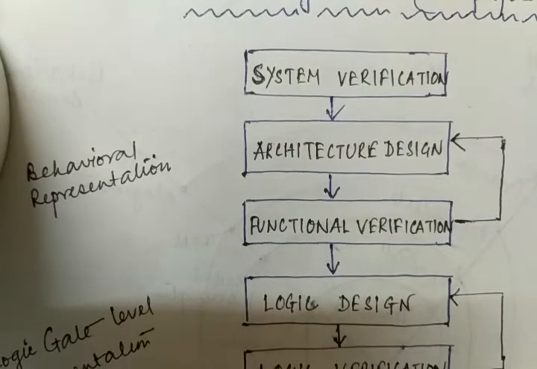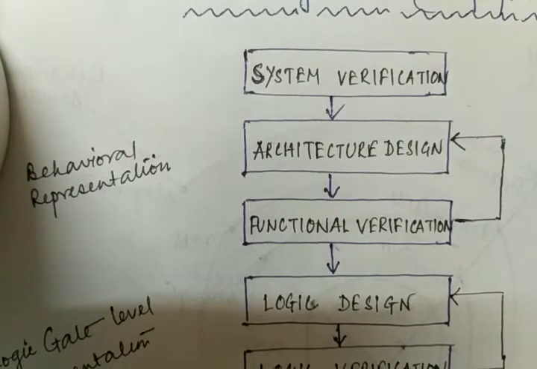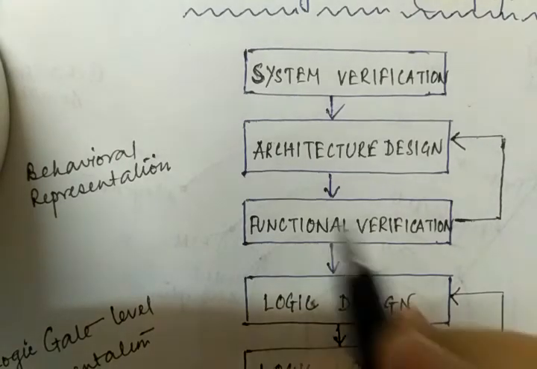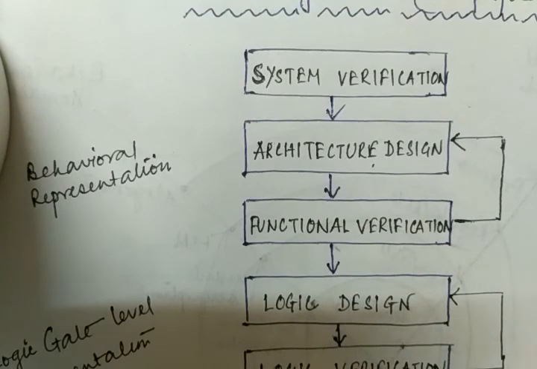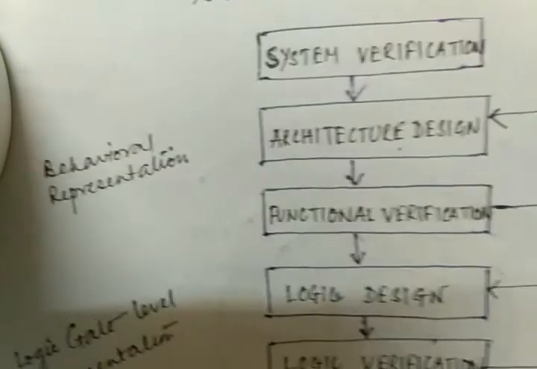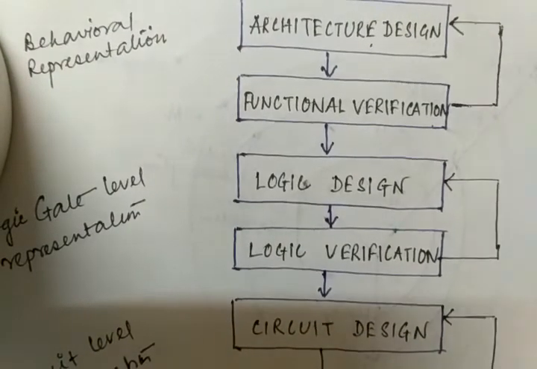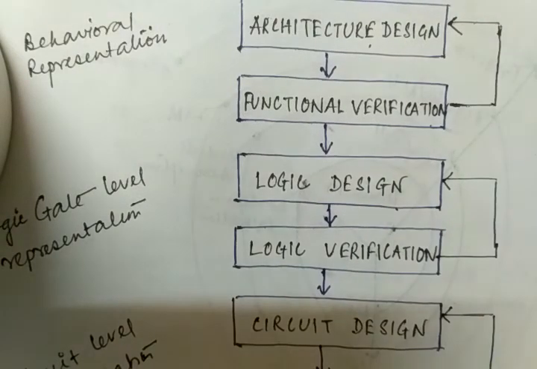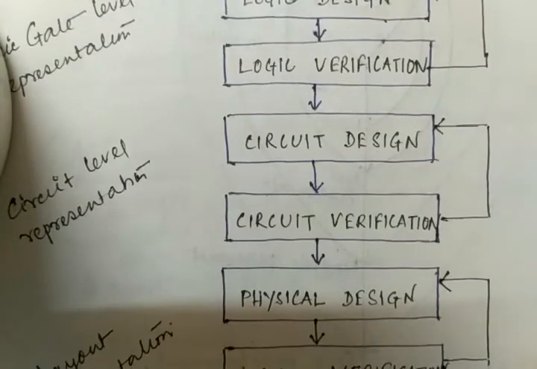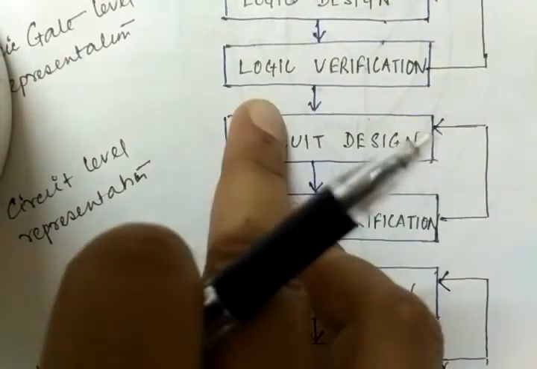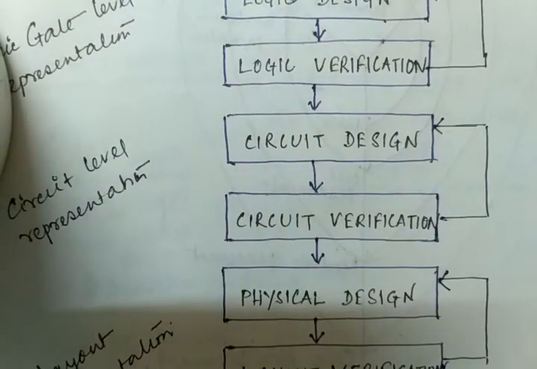Whenever we want to design something using nanoelectronics or microelectronics, I must first define the system specification. Which kind of system am I going to design? Then we require the architecture of this design. Then we require the functional verification, how it works, right? After that, we require the logic design, what logic is used, what kind of components are used, and after that the logic verification. Logic verification means the input and output. This is nothing but the truth table.